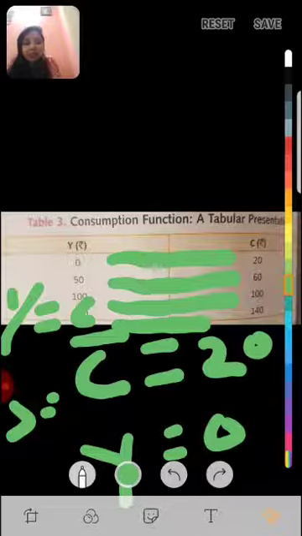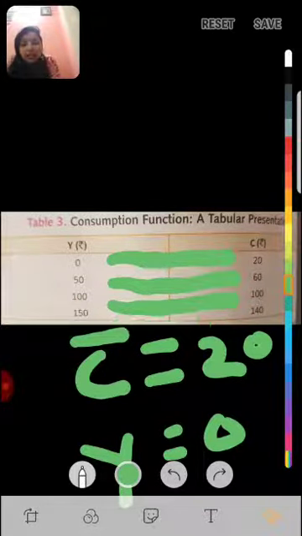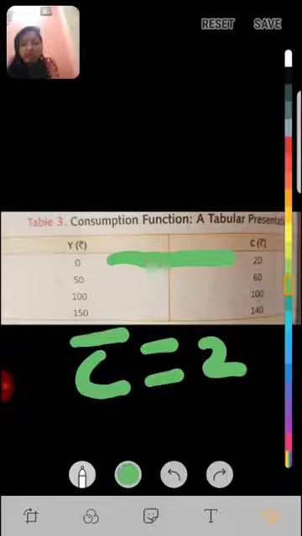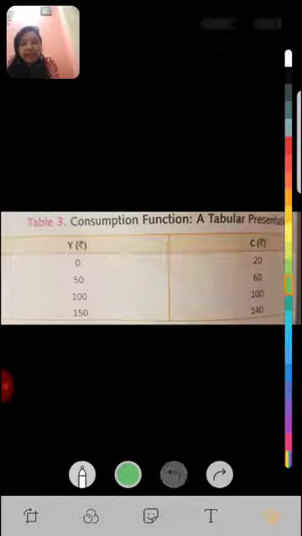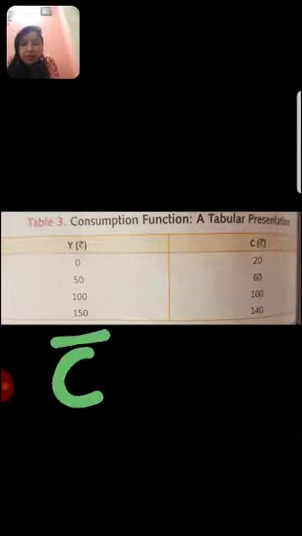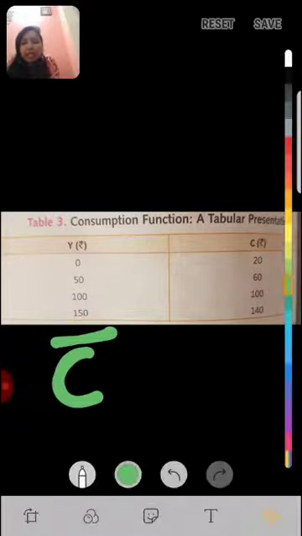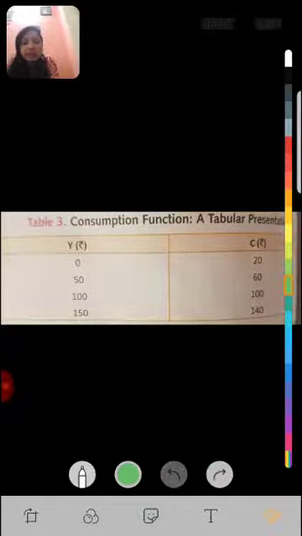Here saving is zero because we are consuming our entire income. हम अपनी पूरी इनकम खर्च कर रहे हैं तो सेविंग क्या होगी? ज़ीरो होगी. Clear student? So here are two things which are really important. C bar, that is minimum consumption, when income is zero. And second is when saving actually starts. After the break even point, savings will start. Okay, so next is